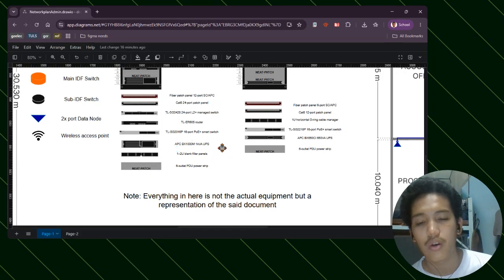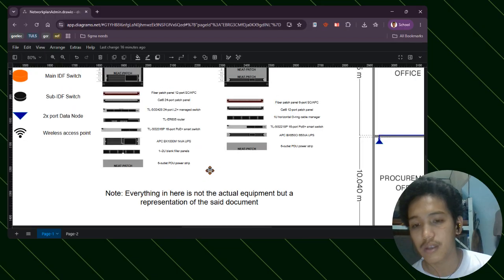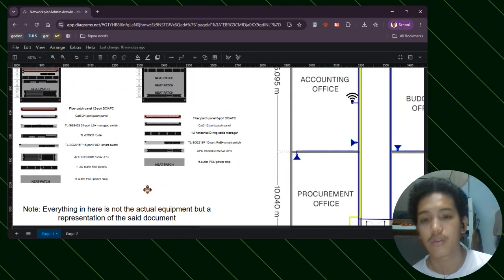It has a 1 kVA UPS, 1 to 2U blank filler panels, and a 6-outlet power strip.